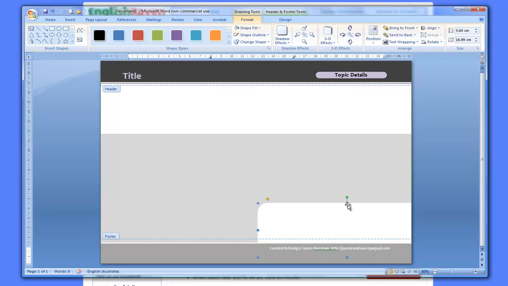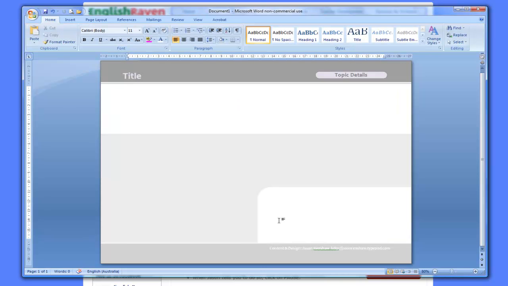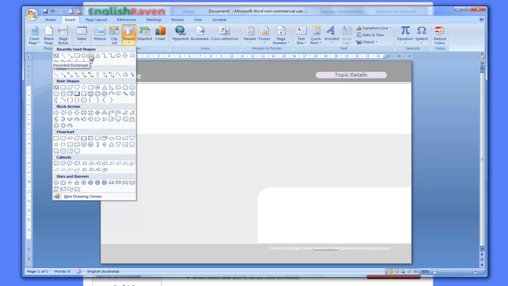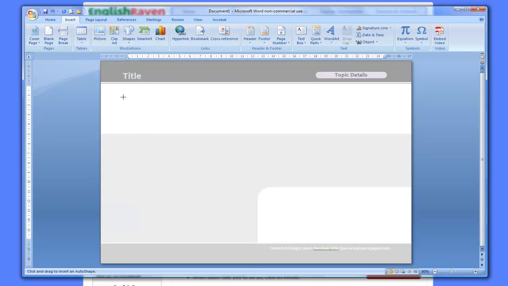Just by pulling the box down or pushing it up, I can make this section smaller, this section bigger, or roughly equal, which is what I'm going to do there. Now I'll go back into the main frame of my document again, and I'll put in that input text box with the curved rectangle again to show you what this is going to look like. If I pull that like that,